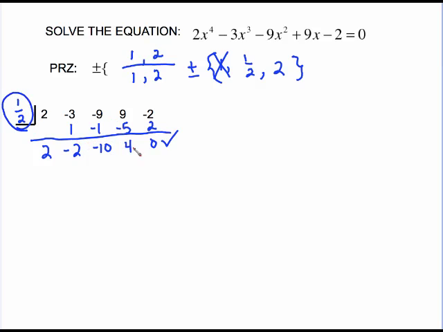If you get a fraction or a decimal in the middle of this, that says this fraction is not a root. If it's going to be a root, things are going to work out evenly because it's got to cancel out at the end. So the next thing that works, just to save time, I know that negative 2 works. Using negative 2 on these coefficients, bring the 2 down. Negative 2 times 2 is negative 4, gives me negative 6. Negative 2 times negative 6 is 12, add and get 2. 2 times negative 2 is negative 4, add and get 0. Fill in your